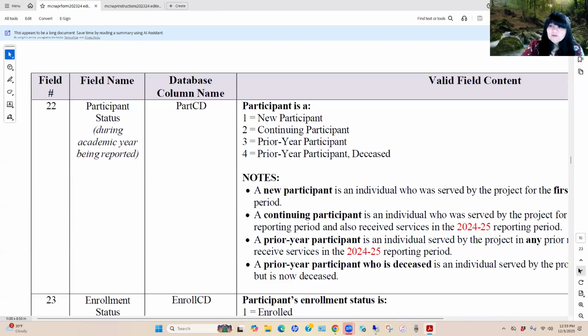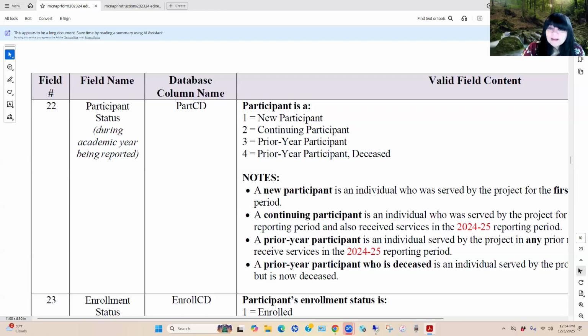Field 22 is a critical field. It's a critical field, much like the eligibility field, because again, it's going to identify the number of participants that were served in the reporting period. A participant who is new or coded as part CD equal to 1 is again someone that was new.